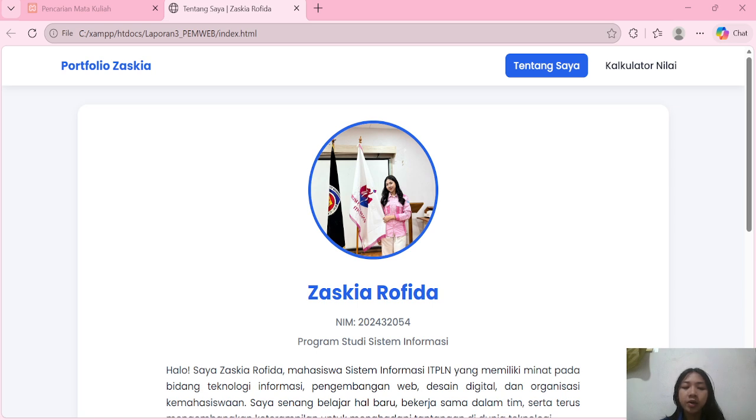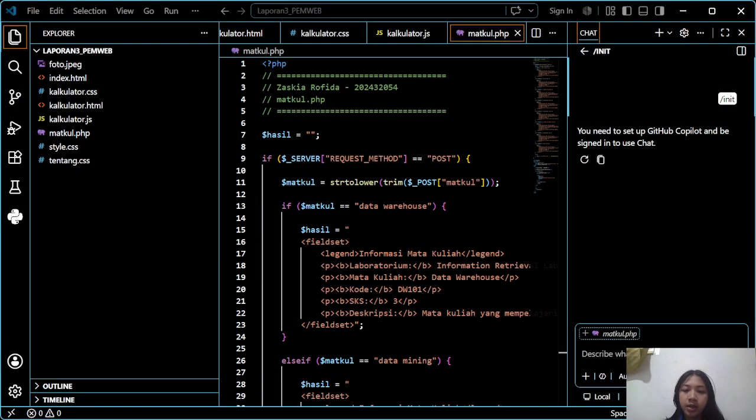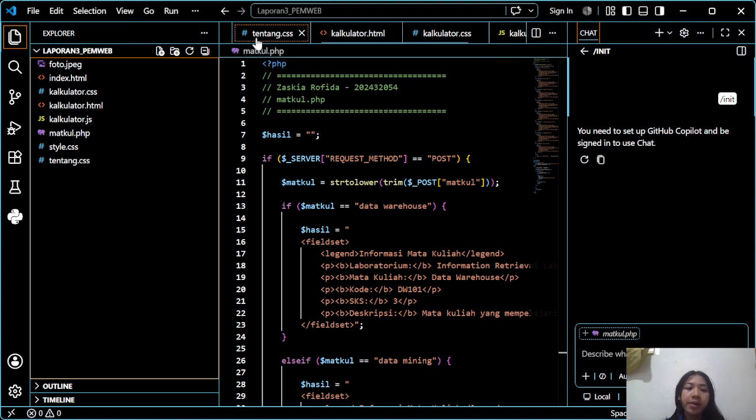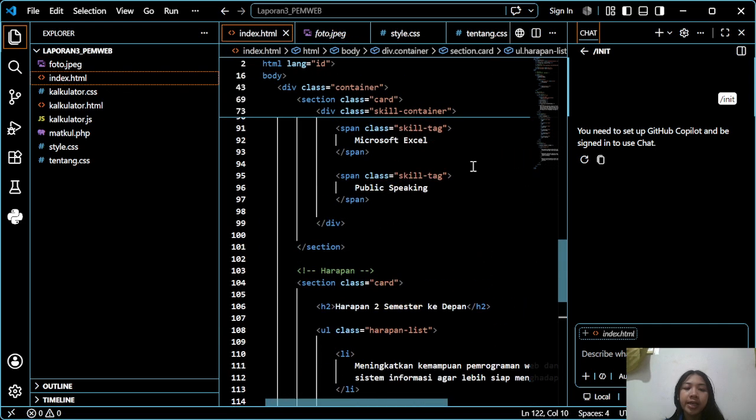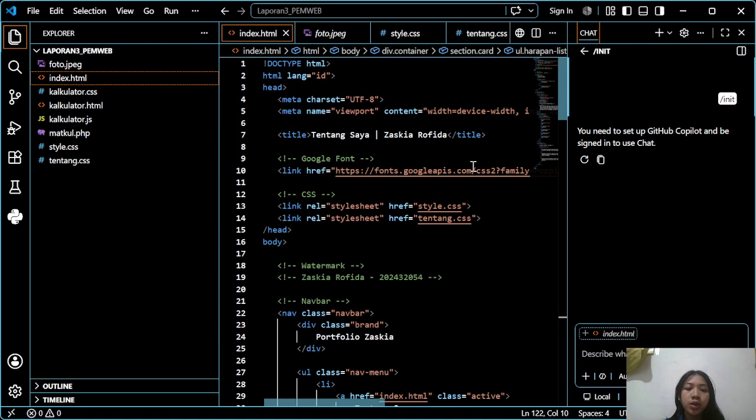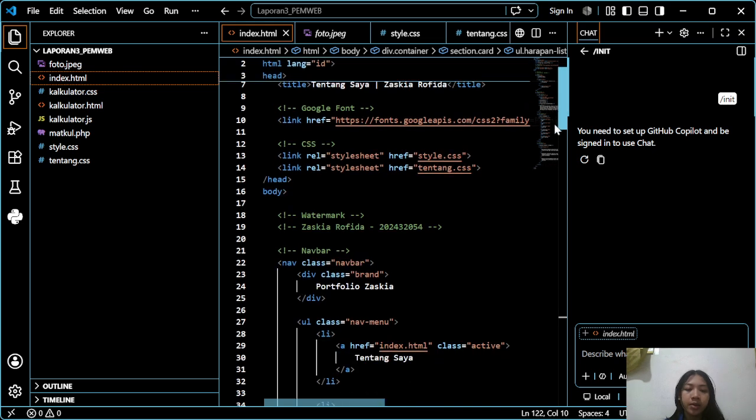In my project folder there are several files. The file index.html is used for the about me page.